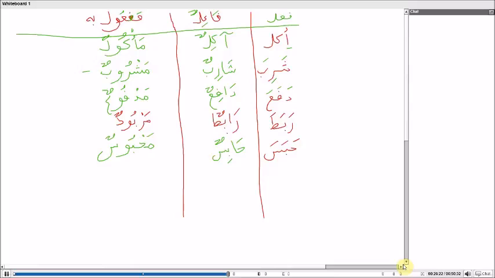So if you're writing, you're going to say, hey, for instance, I got a brother right now in St. Louis. His nephew accidentally killed somebody in a fight. Right? And he's in jail. And they're trying to get him out by paying the blood money. But right now, you would talk about that individual as being mahbus. Mahbus. He's arrested. He's tied up. He's detained.